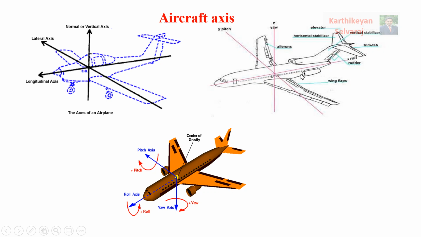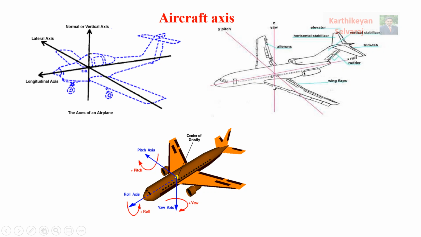Similarly, this is my longitudinal axis. When the longitudinal axis rotates, it is automatically called rolling action. That means one wing will be going down and another one will be going up. That is called a rolling action. This rolling action will be controlled by the aileron. But you have to consider the elevator: both surfaces of the elevator will be moved up and down at the same time. But aileron is not like that. One aileron surface goes down, another aileron surface comes up. So these are opposite direction movements, especially for the aileron.